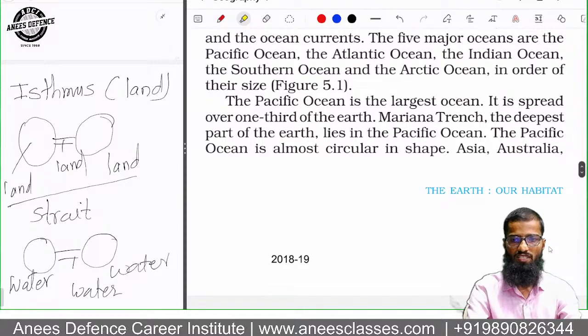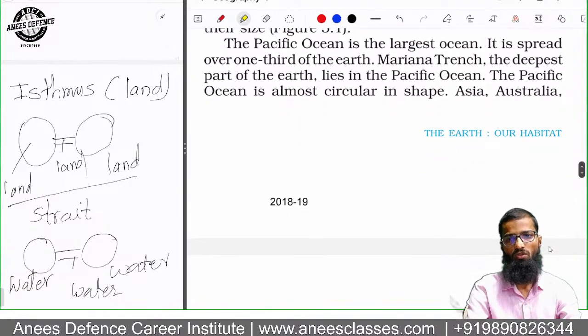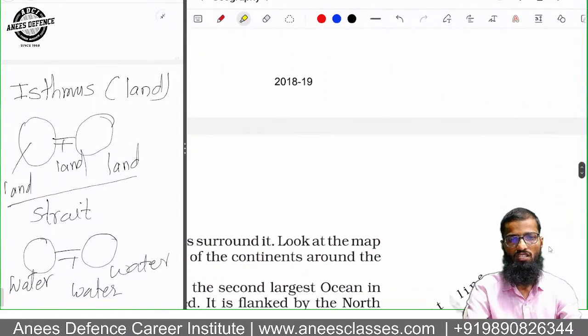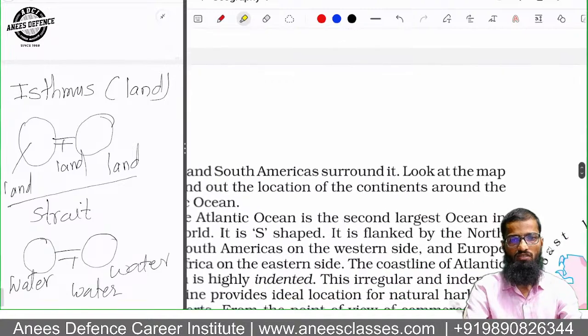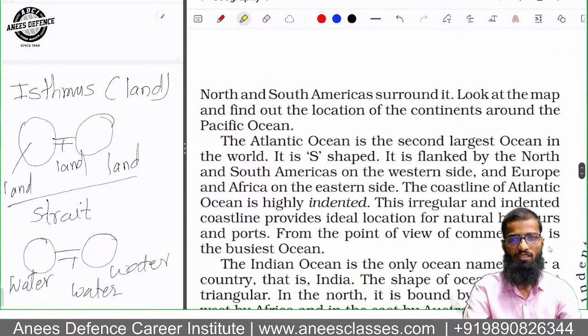इसी के अंदर मरियाना ट्रेंच है जो 11 किलोमीटर या फिर 11,000 मीटर डीप है इनसाइड द अर्थ और लाई करती है पैसिफिक ओशन में। पैसिफिक ओशन सर्कुलर इन शेप है, एशिया, ऑस्ट्रेलिया और साउथ एंड नॉर्थ अमेरिका को सराउंड करता है। अटलांटिक